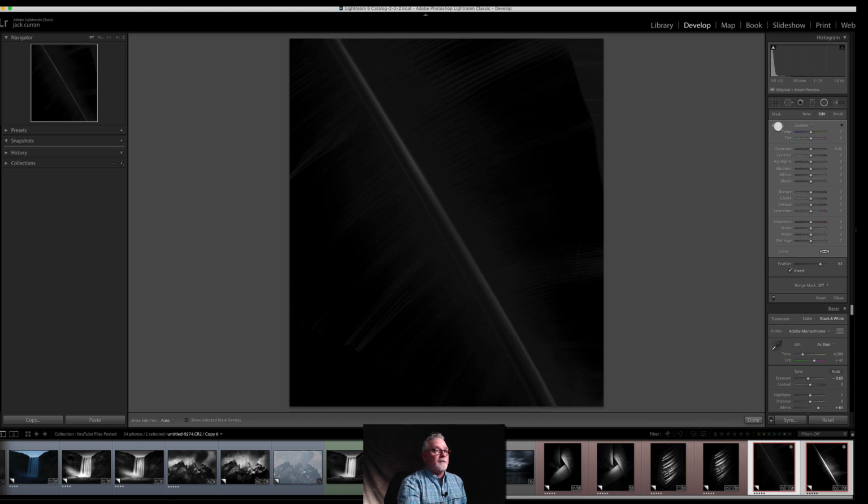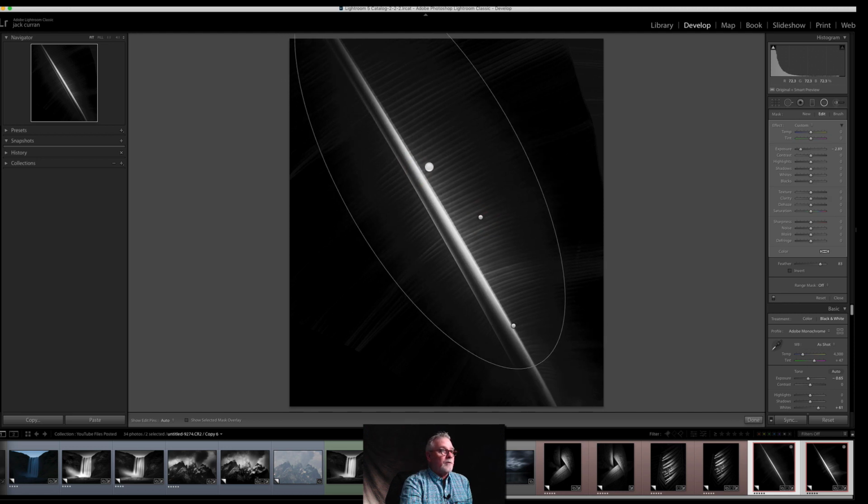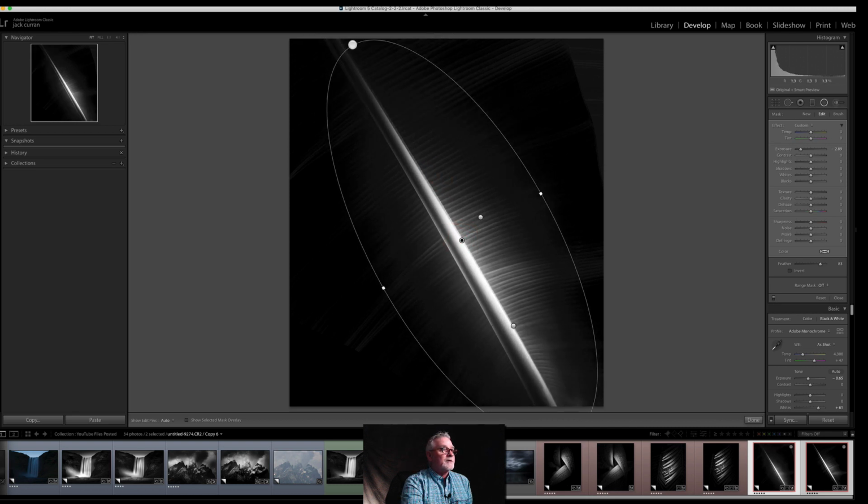I'm going to double click effect. And now I'm going to open this one up, and I'm going to open the shadows, and I'm going to add clarity to it. So now you can see that really starting to come to life in there. I think that's a little too long. I don't want it to go too far up and out. I'm going to spread it just a little. And I'm going to move it a little to the right, and then I'm going to go back and move this one a little to the right, and I'm going to come back and shorten it,